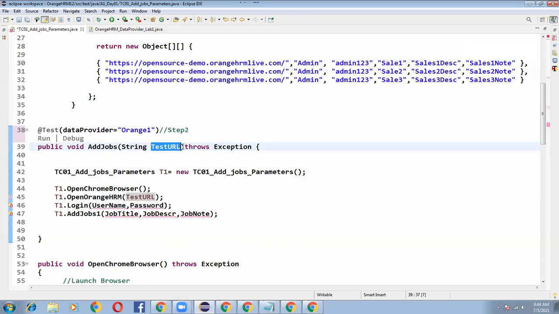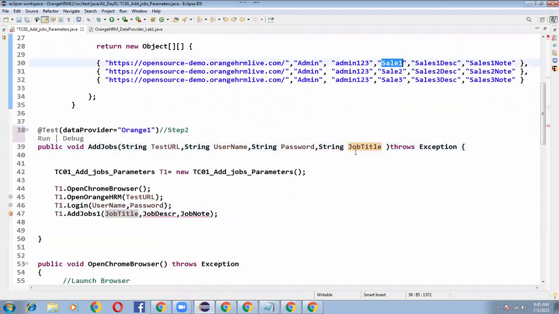Okay, string testURL, comma, string username, comma, string password, comma, string jobTitle.